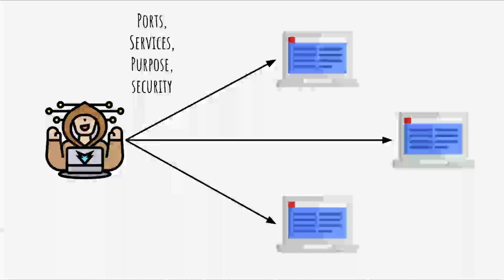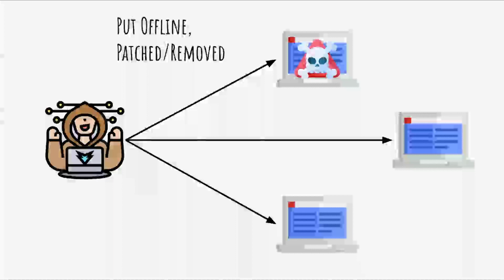Now, this mostly refers to when testing company networks. And besides this, we also want to check the overall security of the network. If we do find, however, a vulnerability on some device, we would want to put it offline, patch the outdated software if possible, or if not, we would install a different software for the same task that doesn't have any known vulnerabilities. To start with all of this, we will take a look at a rather complex port scanning tool,